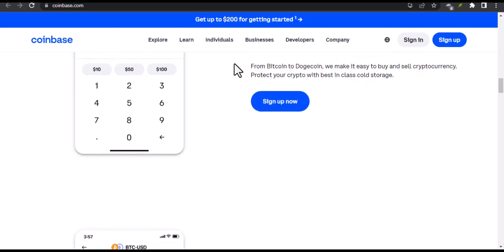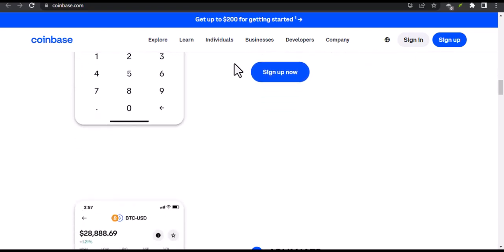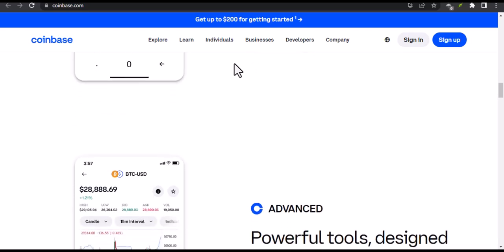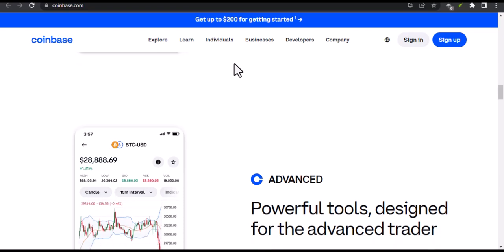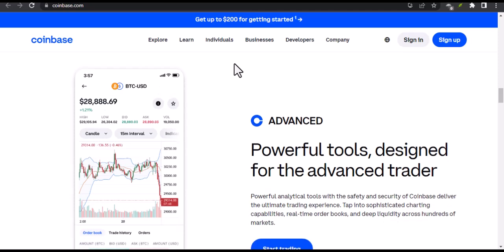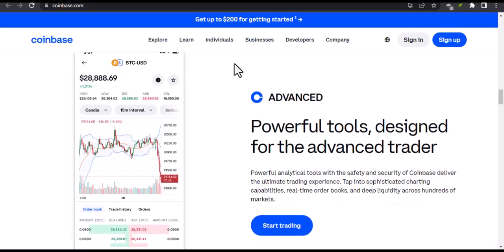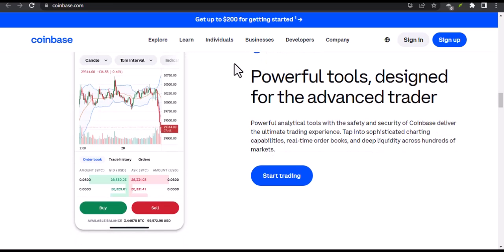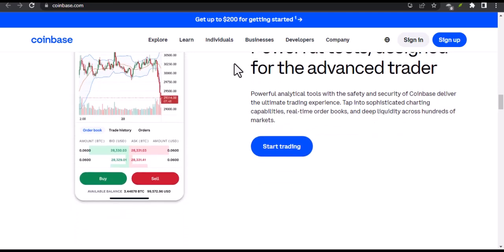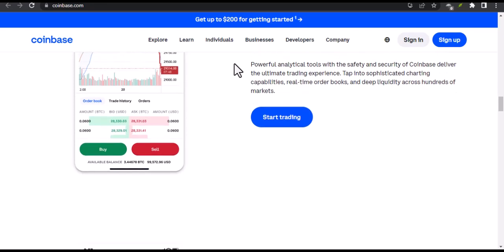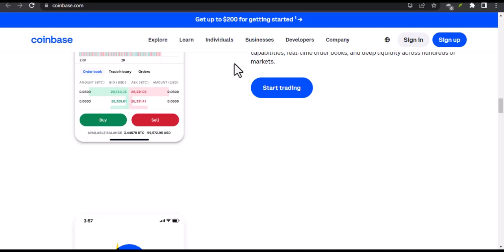The trick to getting the lowest possible fee, the maker fee, is to use a limit order. A limit order lets you set the specific price you want to buy or sell at. For example, if Bitcoin is at $60,000, you can set a limit order to buy at $59,900. You become a maker because you're adding liquidity to the exchange, which means you pay a much lower fee. Your order only fills if the price hits your target, so it might not execute immediately, but the savings are